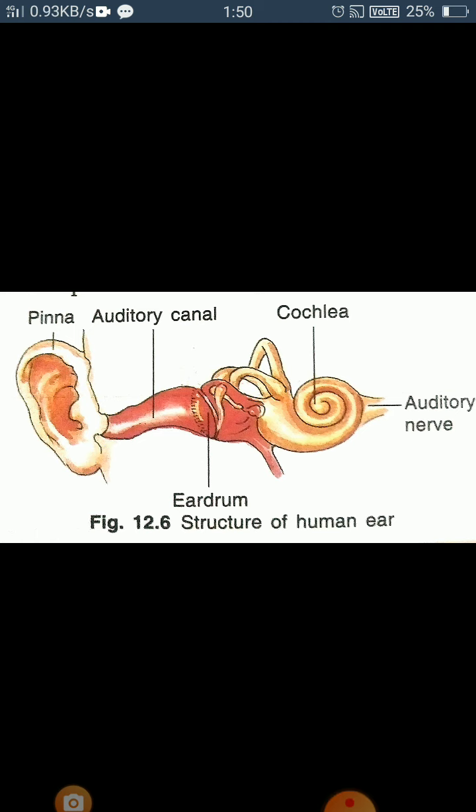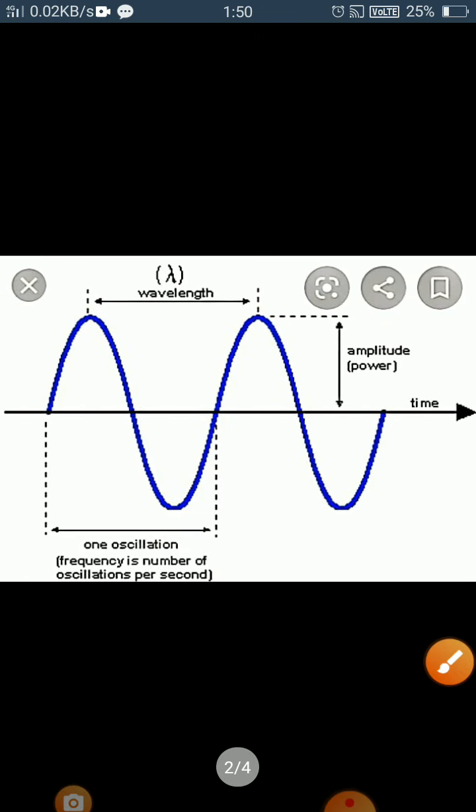After that, we learn different terms which come in the form of a waveform. First term is vibration, which we are talking about in this chapter again and again. Vibration is the to and fro motion from its mean position. The backward and forward motion from its mean position is called vibration.